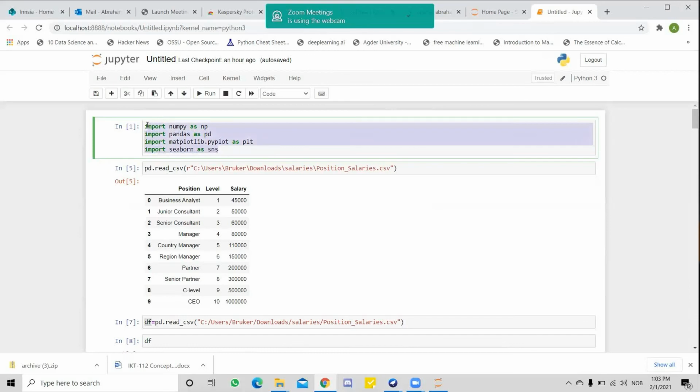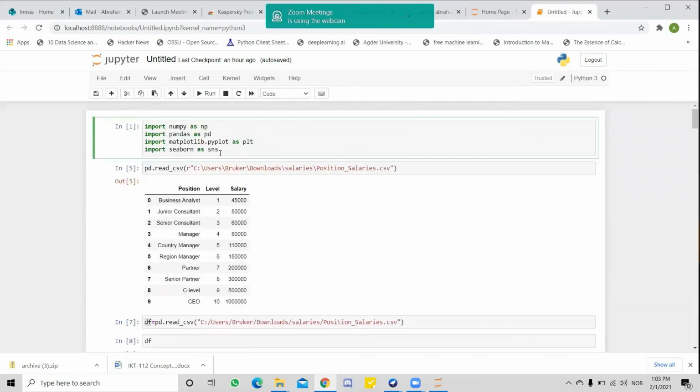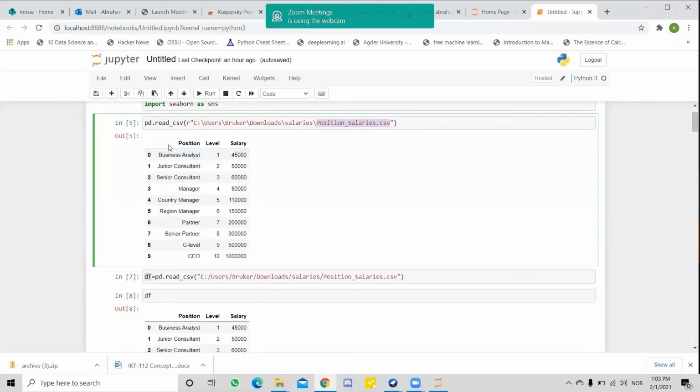First time it can be seen a little bit complicated, but when you use again and again, you will get used to these codes. And after that, I am reading my data, whatever source it is. I am reading from my computer. I just write the location of the file and the name of the file with its file extension. It's a CSV file, therefore I use the read CSV code here. And after that, this is my data. It's very simple. There are no missing values, so